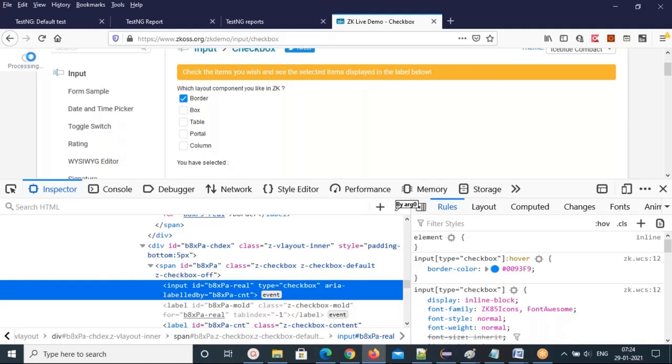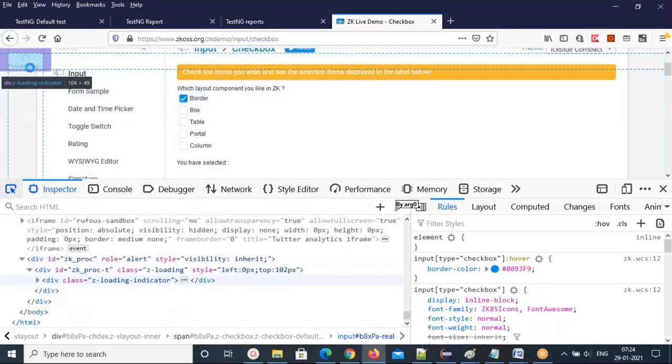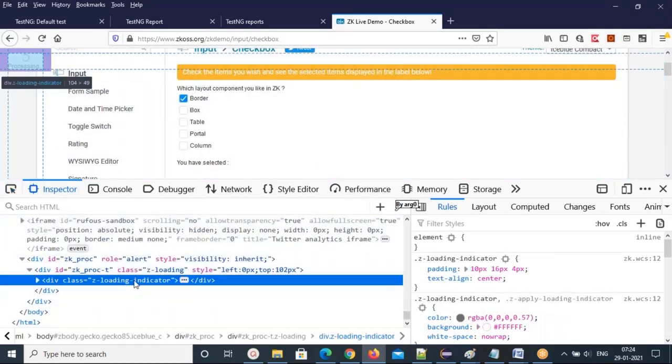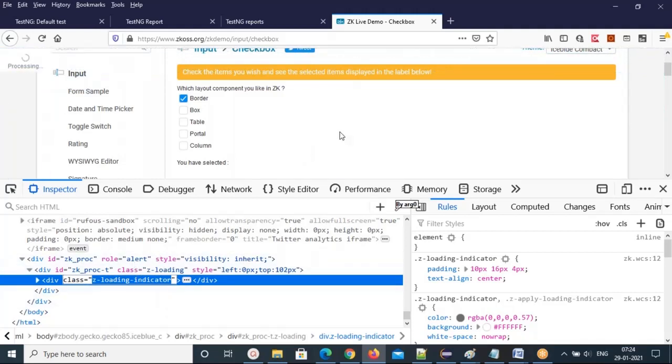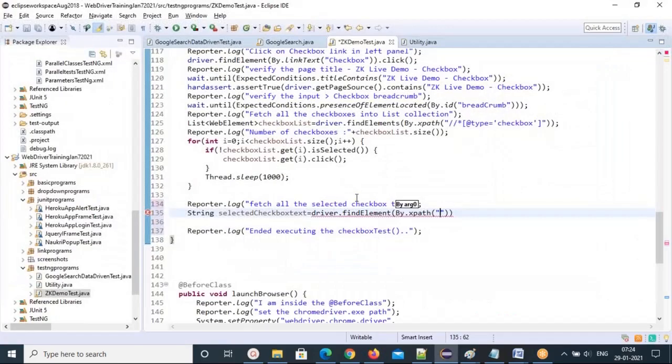You have to wait for the Ajax calls; this loading indicator should not be present. You can wait for the invisibility of this loading indicator. If it is not there, that's fine. If it is there, then I'll write a simple code here.